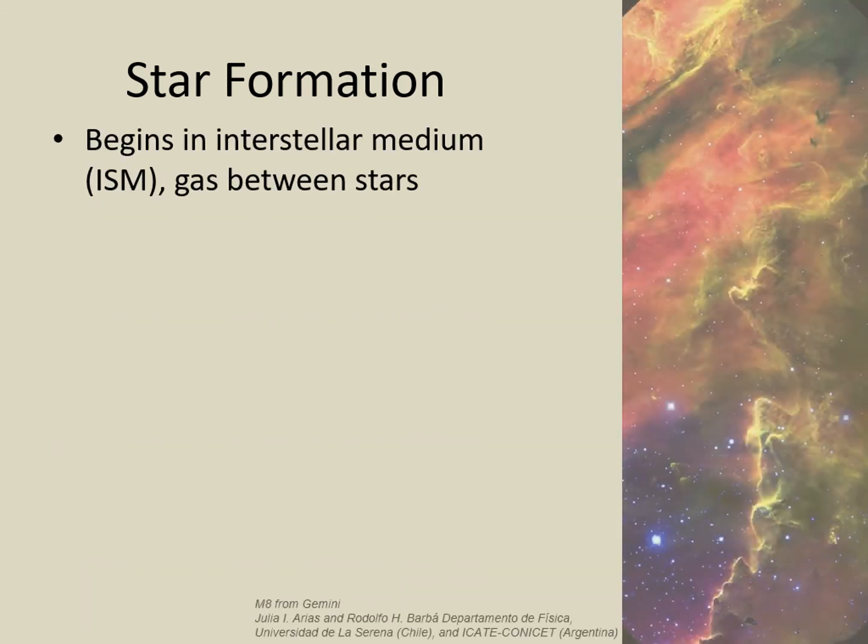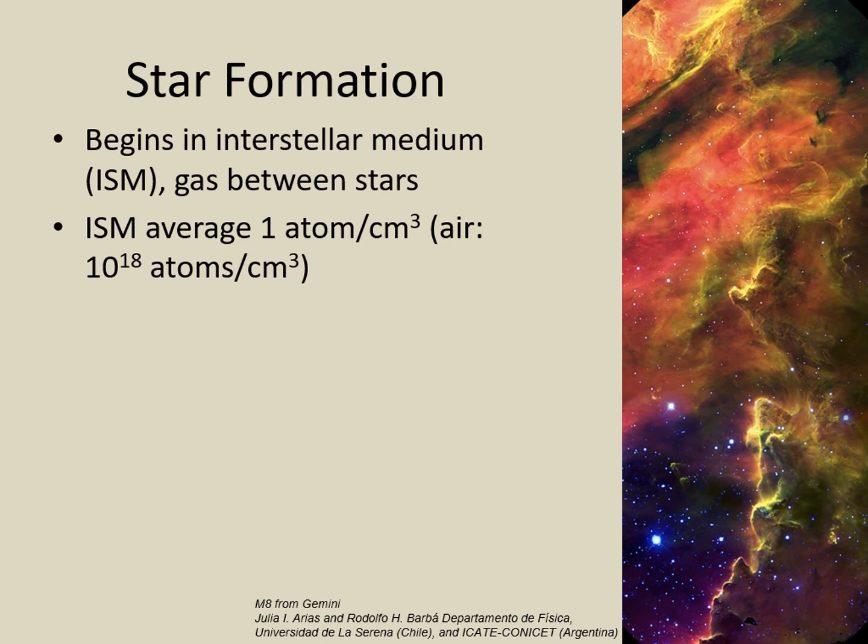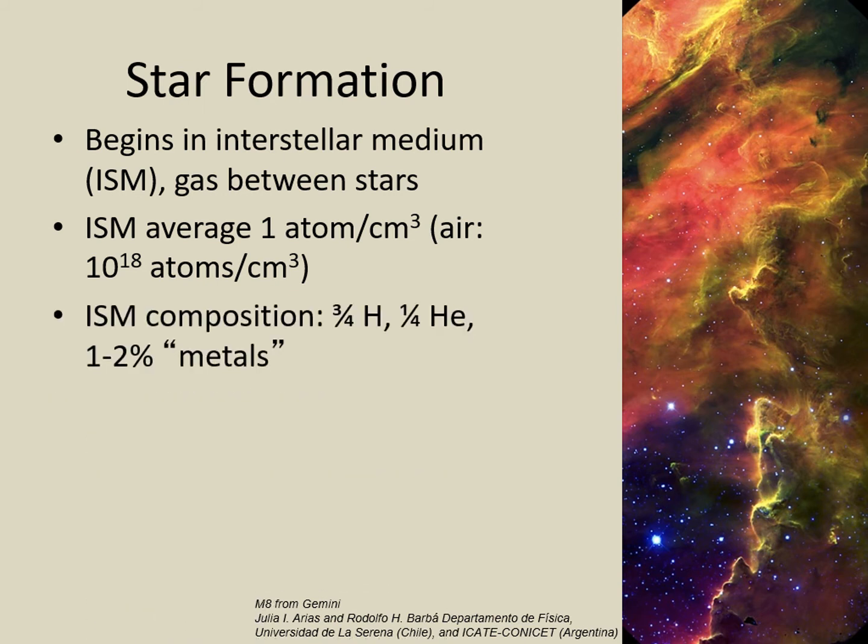Star formation begins in the interstellar medium, the gas and dust between the stars. The interstellar medium has a low density. On average, there's only one atom of gas in every cubic centimeter of the interstellar medium. By comparison, there are 10^18 atoms per cubic centimeter in the air we breathe. The interstellar medium is made of the same composition we see in stars: 3/4 hydrogen, 1/4 helium, with a couple